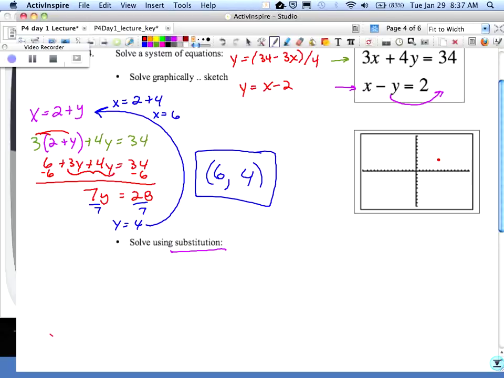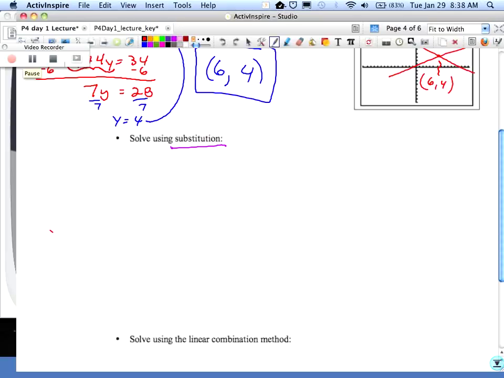It took me approximately 30 seconds to check my answer. And then quickly by substitution, 3x plus 4y equals 34, x minus y equals 2. What would you do if you're going to do this by elimination? Did I say it? Oh, man. Yeah, we did. Linear combination, so go down to the next one,